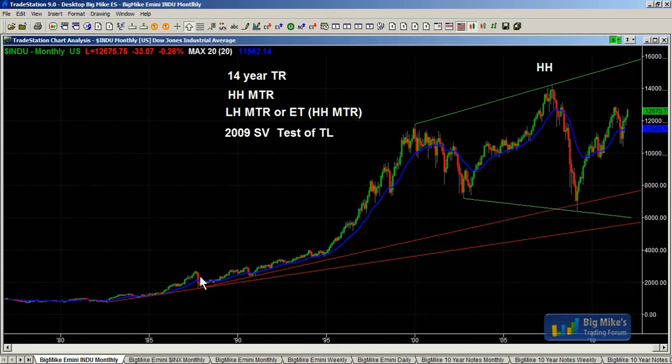In this case, both crashes raced down to a monthly trend line. And I view that as simply a sell vacuum test of support. Once the market starts getting closer and closer to the support level, if you're a bull, you're going to start to think that, hey, the market's going to hit that support level. So why buy at 8,000 when I can buy at that trend line, down there at 7,000 or below 7,000?